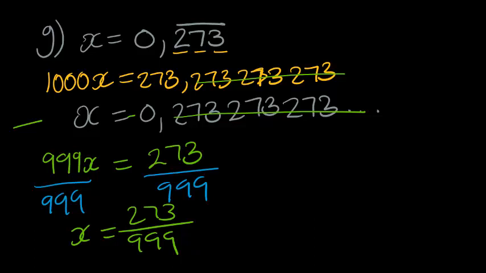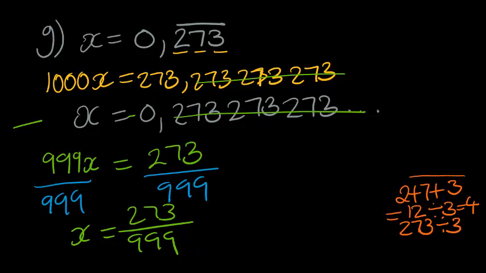Now, in order for me to check, because these numbers are big, just on a side note, if you are checking if something is divisible by 3, what you do is you add up the numbers. So if I say 2 plus 7 plus 3 is equal to 12. 12 divided by 3 works because that's 4, which means that 273 can be divided by 3. That's the rule. If the numbers added up can be divided by 3, then the big number can be divided by 3. And obviously 999 is divisible by 3. So I'm going to divide both sides by 3 over 3. And I am going to get